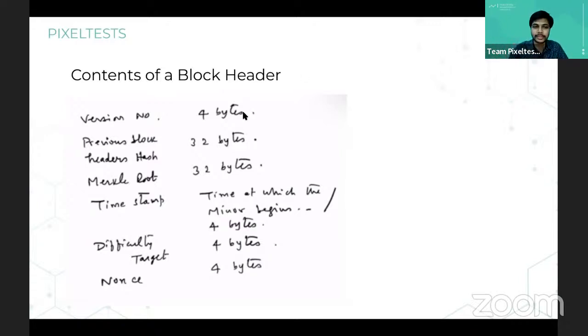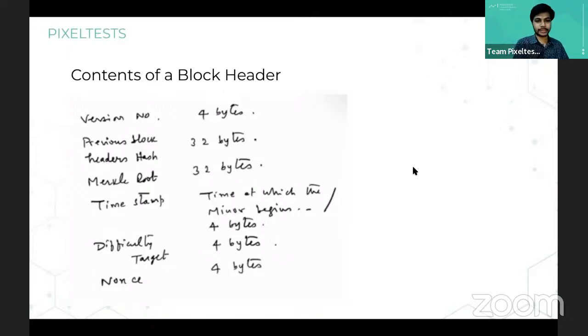So each block header consists of a little information: a version number based upon the version of that particular block. That comes as a default, you don't have to worry about it. Then the previous block header's hash, right? Hashing and all, if you have recently joined, we have covered that in detail in our 3rd and 4th modules only. Once you start from the beginning, you will be able to understand that in a better way. If any of you face a challenge trying to access these points, you can always reach out. I'm just going to share the details here.